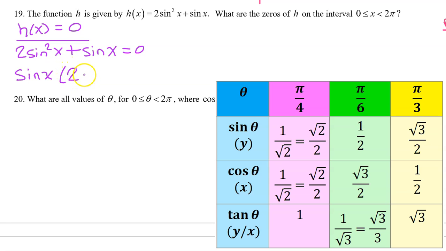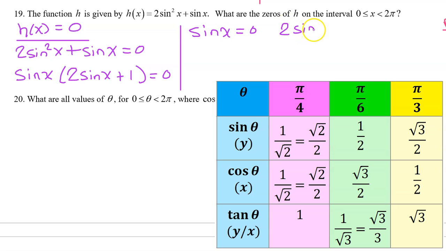The first term on the inside will be 2 times the sine of x. Sine x divided by sine x is 1. Next, we use the zero product property. We find solutions by setting each one of these factors equal to 0. So we will get solutions by setting sine x equal to 0 and by setting 2 sine x plus 1